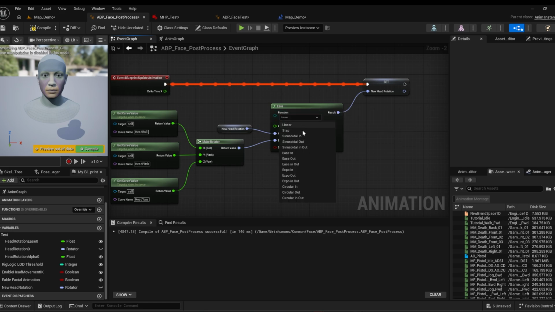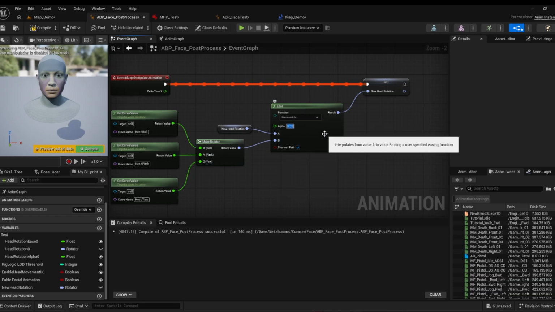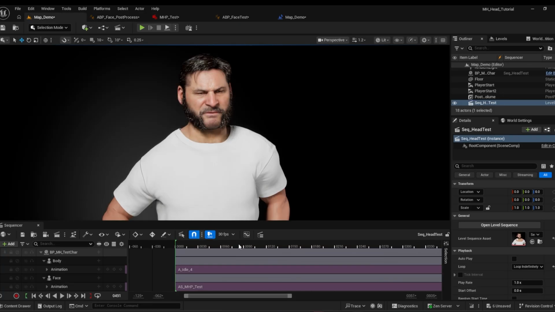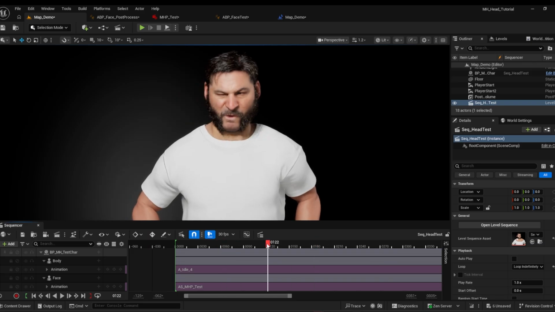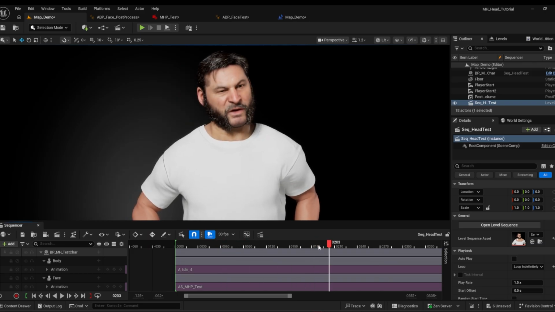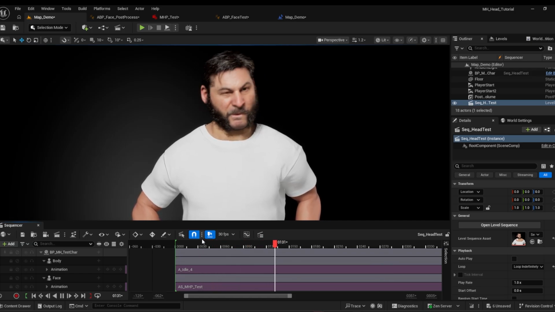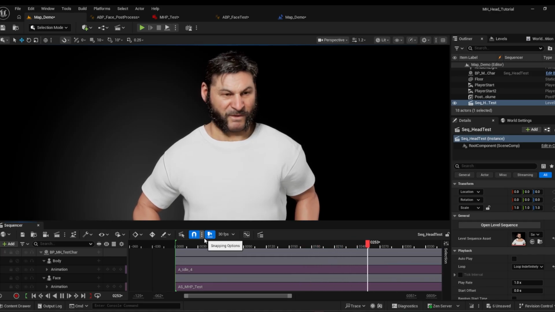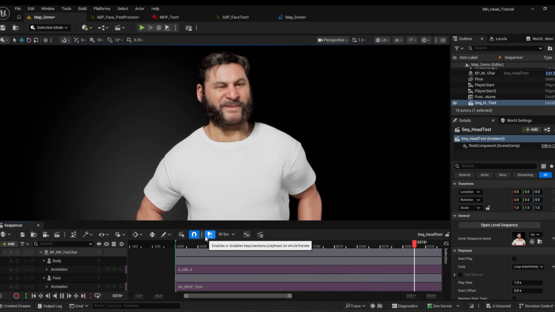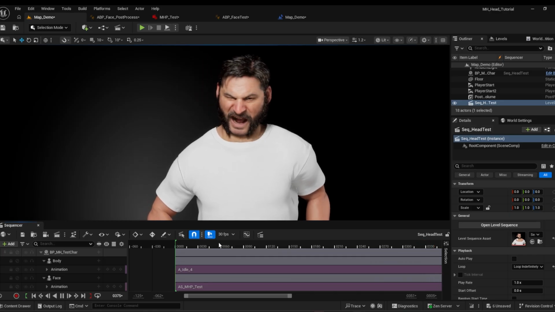I think I used this before with a value of 0.33. And you can see now, even when you scrub, there's a little bit of settling there on the head. But this makes the whole thing look a whole lot nicer. So that's that step. Now that we know that works,